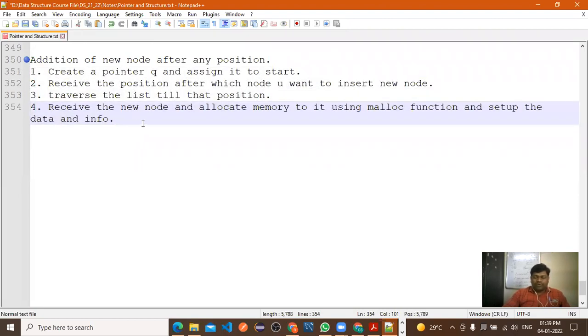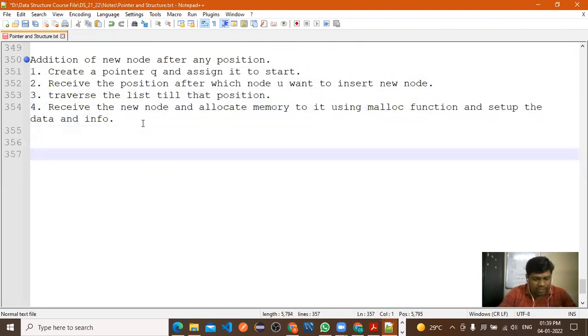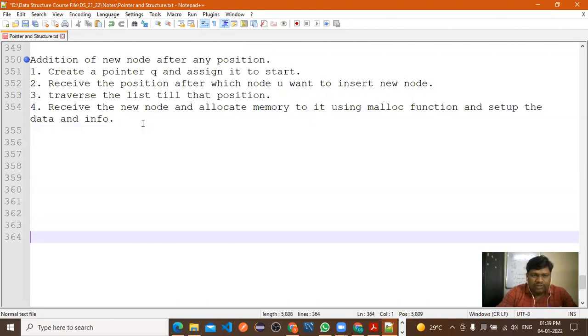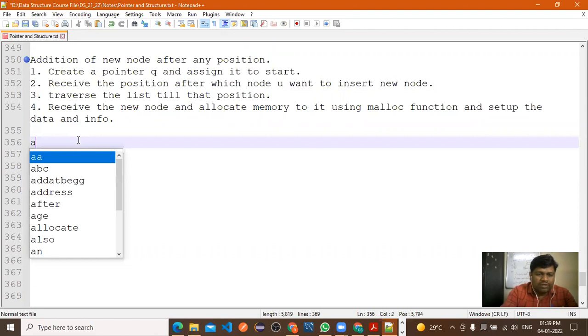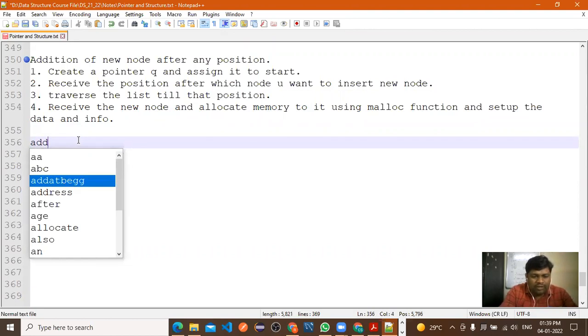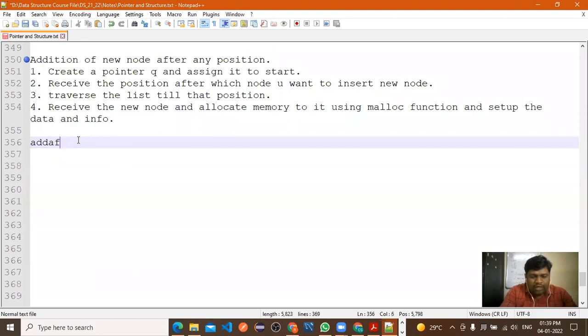Now, how to write a program for this? How to write a program? So can I write like this? So here I will create one method, add after. So here, how many parameters you need to pass?